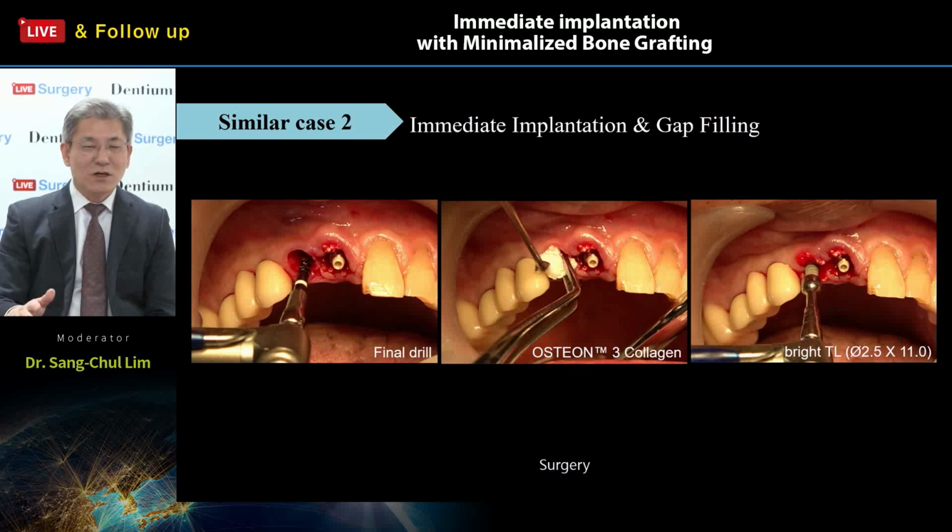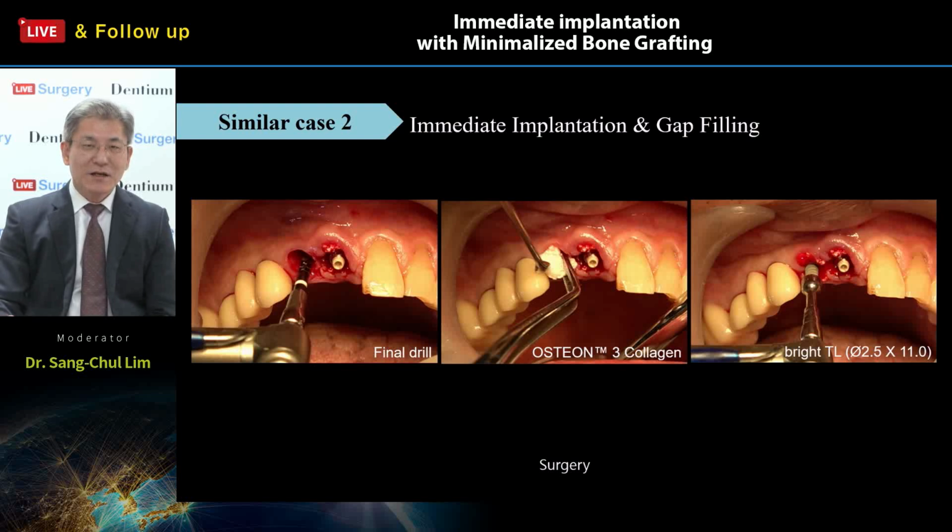So no more flap reflection or flap design anymore. Just minimize flap reflection, just minimize drilling, and then put the graft material in the socket and the implant also. At this time point, diameter 2.5 and 11 millimeter, right? 2.5 diameter is still okay, still strong, even though